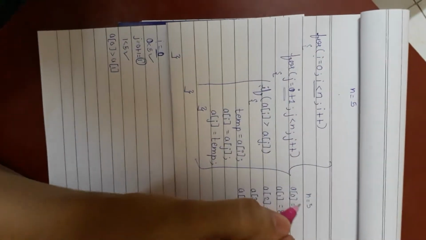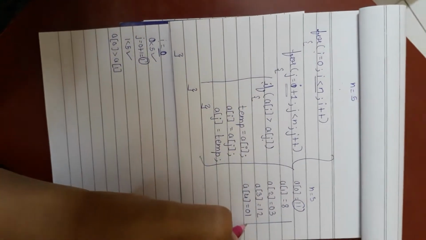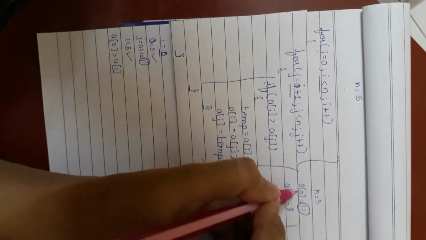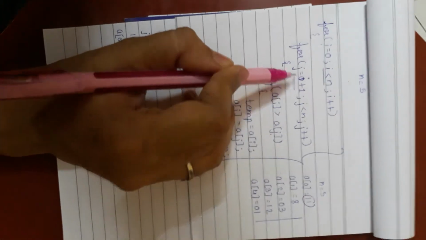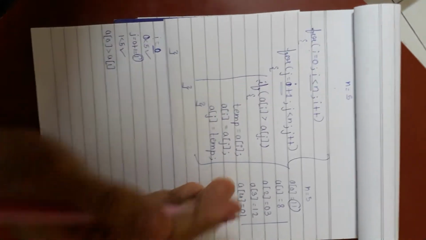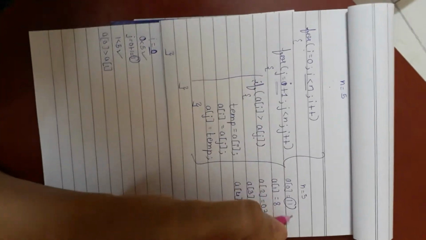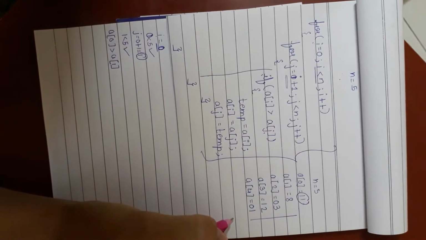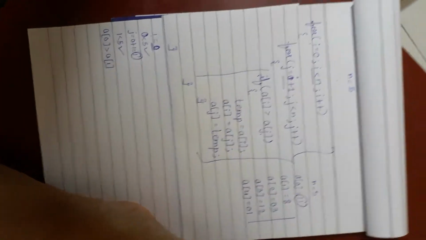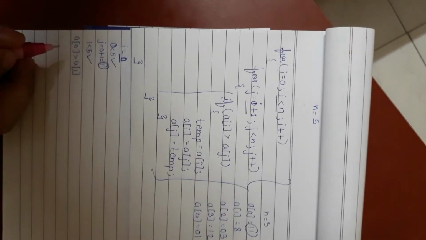It is very common sense, that first we will compare the first element of the array with the remaining numbers. Because there is no use of comparing 0 with 0, and this is the reason why in the second for loop we have started j with i plus 1, because we are not going to check the same index value here, which is useless. So we have to compare the first element with the other elements. We will not compare the same elements, otherwise it will not give us any logic. So here I hope it is clear to you why we have taken j as i plus 1 value.